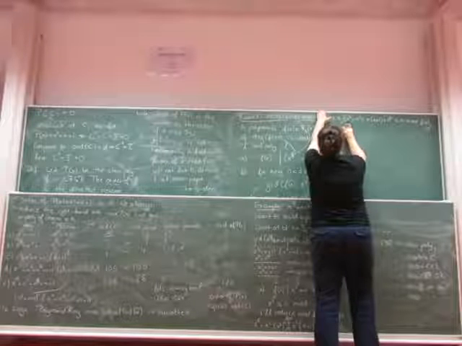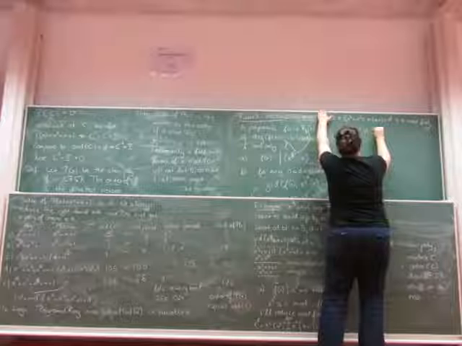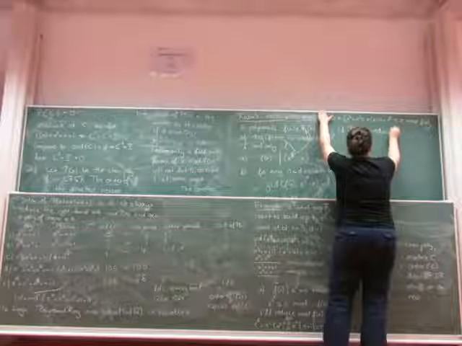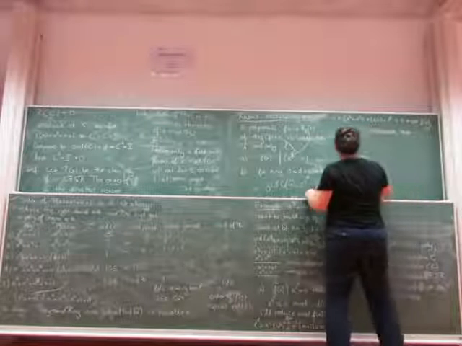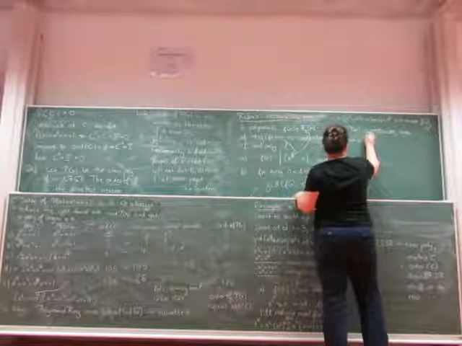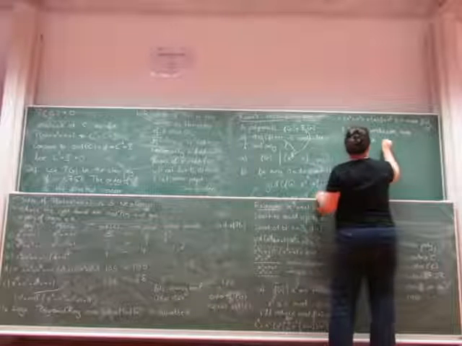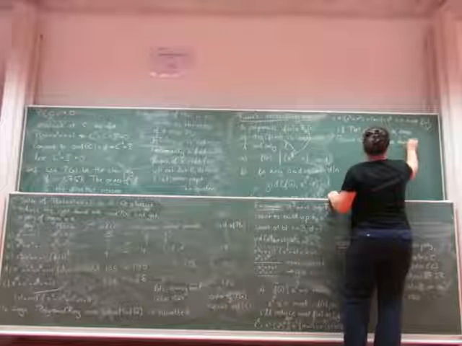So if p of x is irreducible, then Rabin's test shows that